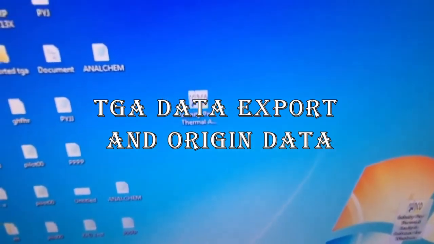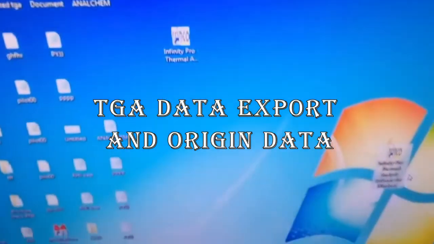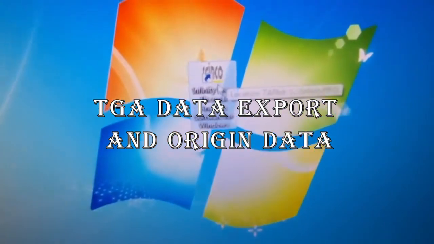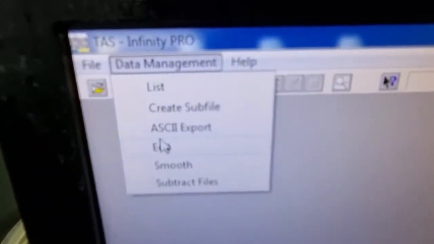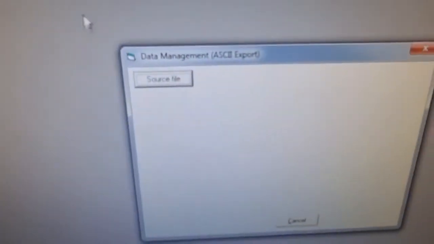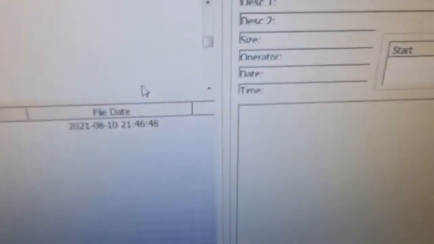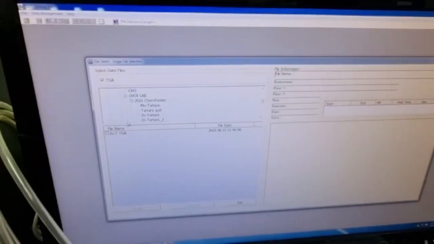The TGA extracting process is the same as DSC. You should click the same software and click analysis. And this screen will appear, and when you click the data management, click the ASCII2 export, click the source file, and select the file in which you want it to be extracted. Then click the use file,